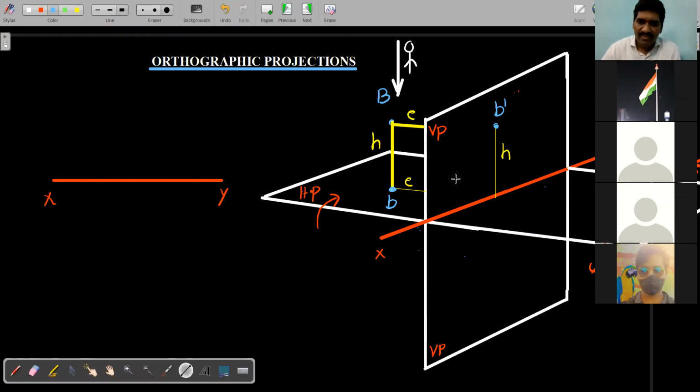Okay, now what is the front view? This is the front view. One second, the light lines are the front view, and this becomes the top view, which comes here. Understand? Just wait. Okay, so this becomes what? The point B dash. And this becomes the point B. Okay, so if you observe the distance,